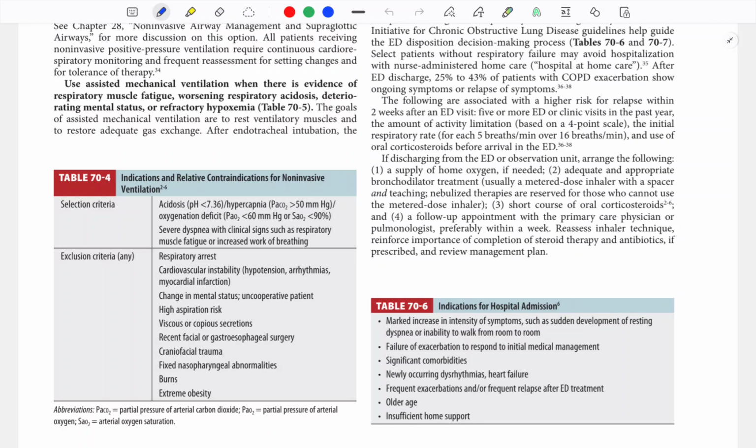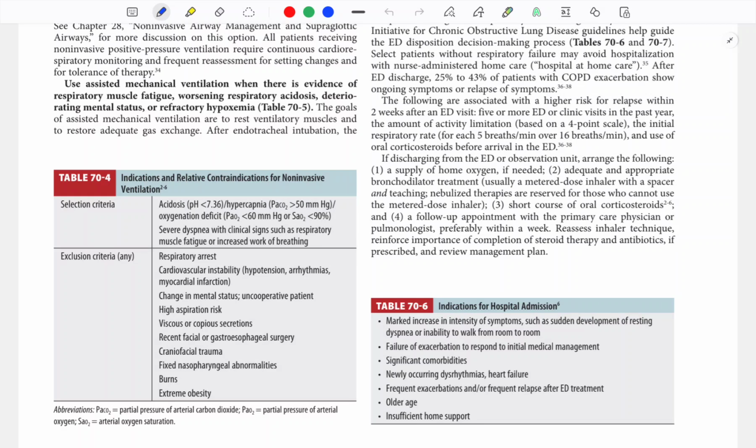There is cardiovascular instability like hypotension, arrhythmia, myocardial infarction. In these cases, you need to be very vigilant while applying positive pressure ventilation. And it may be possible that the hypoxia is worsening and the patient is undergoing hypoxemic arrest, causing hypotension, arrhythmia, and MI. The patient's GCS is starting to fall and he is uncooperative or intolerant of NIV. If there is high aspiration risk, if the patient has viscous or copious secretions, recent facial or